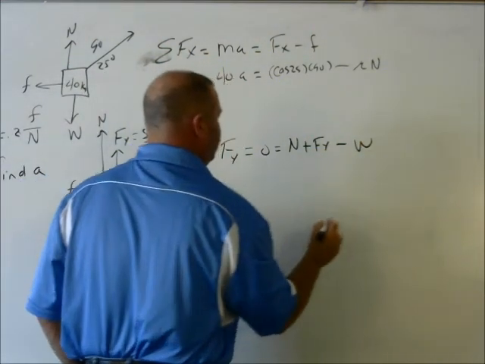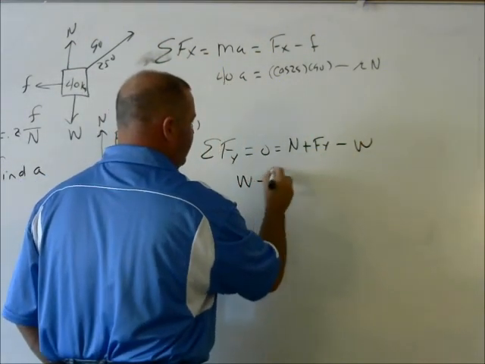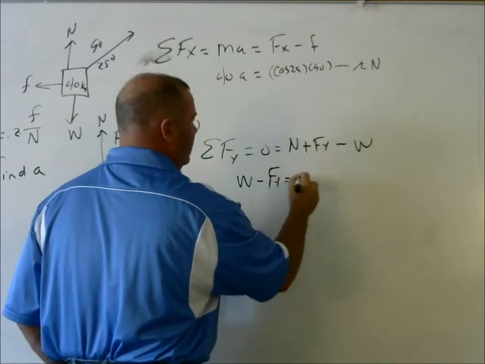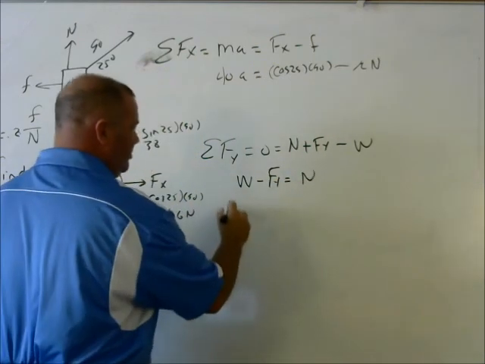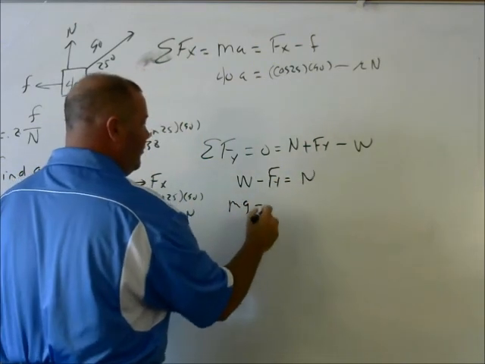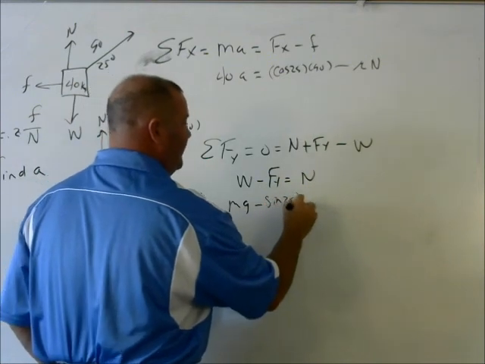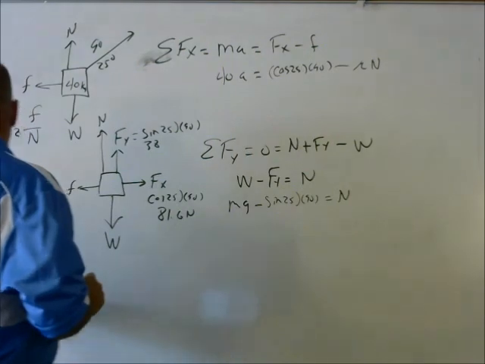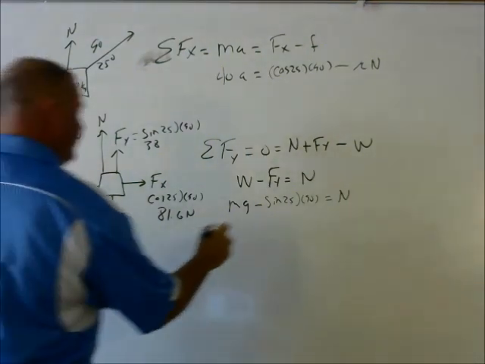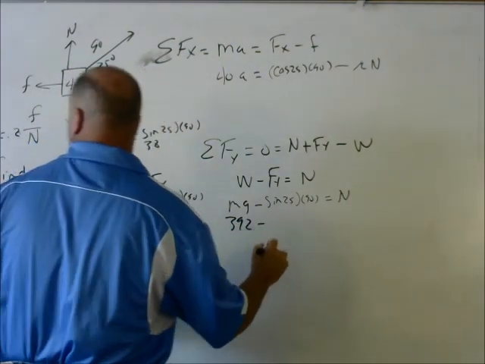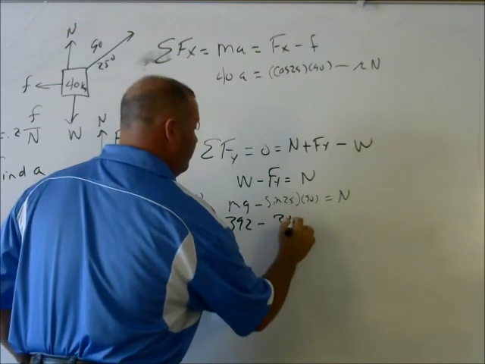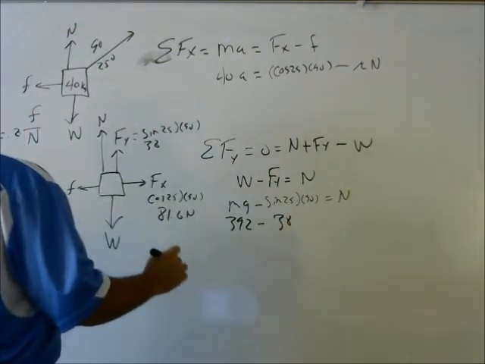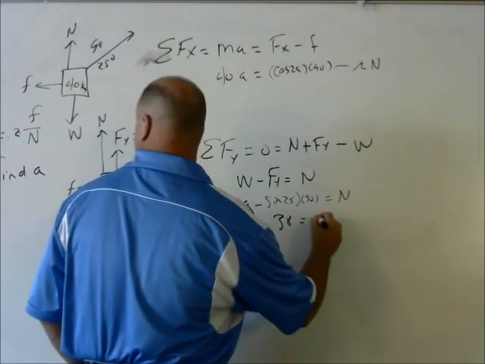minus the weight. So weight minus Fy should be equal to normal. The weight should be mg. Fy should be sine 25 times 90. All that should equal normal force. My mg should be 392 minus my 38 for my y component of tension, and that should give me